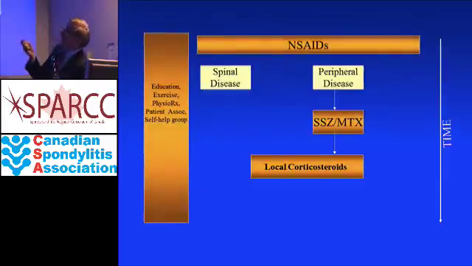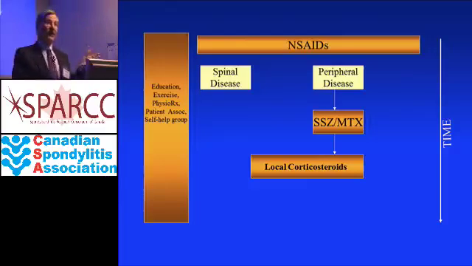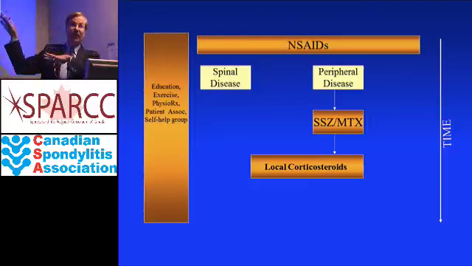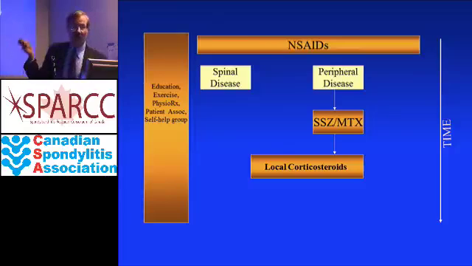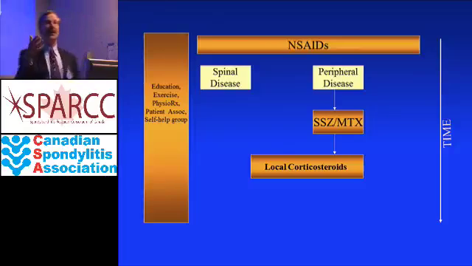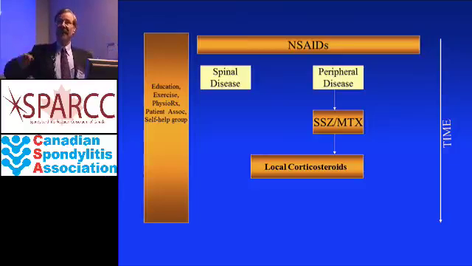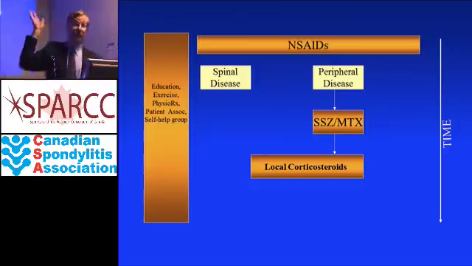If there's significant arthritis in the hands and feet, what we call peripheral arthritis, this group of drugs called DMARDs, disease-modifying anti-rheumatic drugs, such as sulfasalazine and methotrexate, which are very familiar to our colleagues in rheumatoid arthritis care, probably have some role here. So that's important because there are some patients in which their symptoms are as significant in their hands and feet and legs and arms as it is in the spine. And in those patients, there is really a role for what we call standard DMARD therapy.